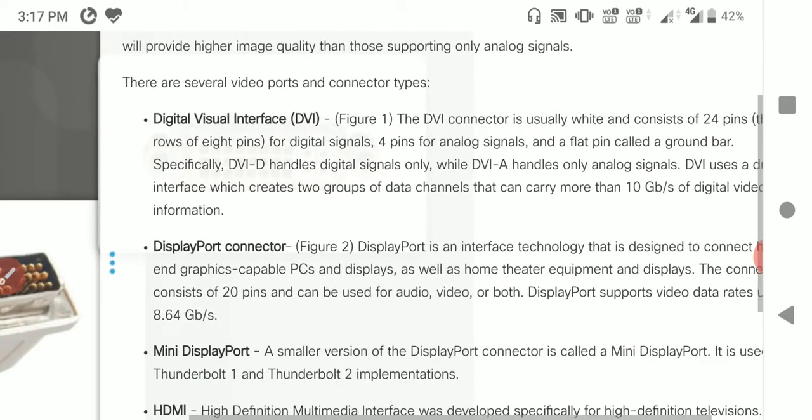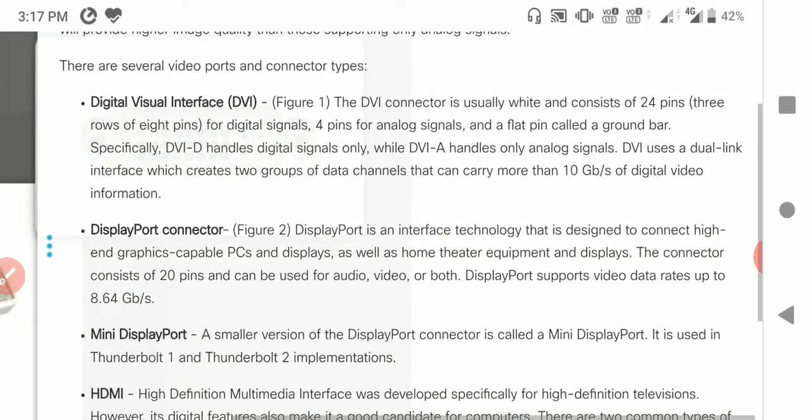The next one is the DisplayPort connector. DisplayPort is an interface technology that is designed to connect high-end graphics PCs to displays as well as home theater equipment to displays.